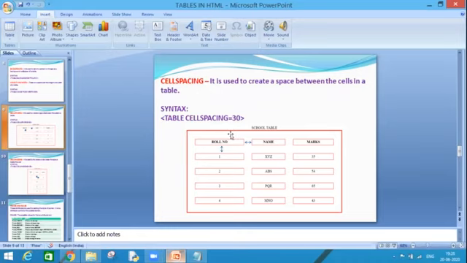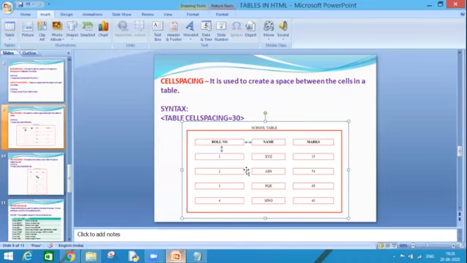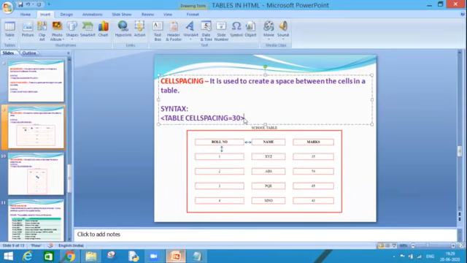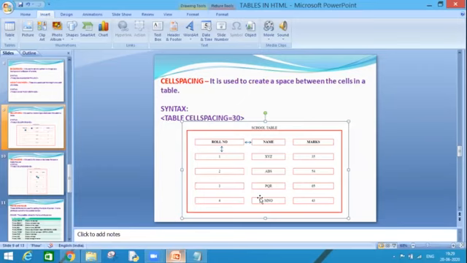So as I can see in this figure, which is given over here on the slide, I have marked two arrows. One is here, as you can see, I am just hovering my mouse pointer over this arrow, and one is this arrow. So if I give any value, like it is written in the syntax, table cellspacing equal to 30, what will happen?